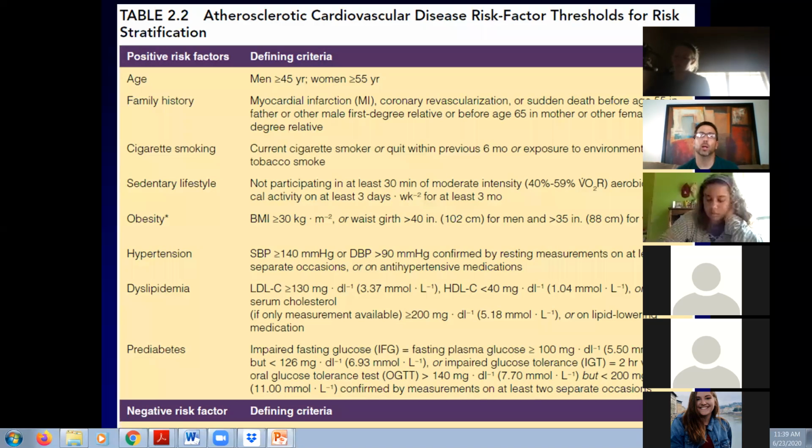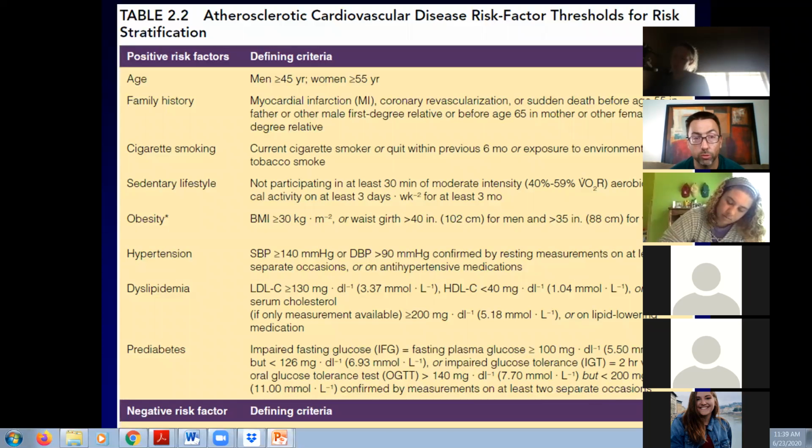Okay. Now, here's where things get a little tricky though. All right. Because I've not told you guys yet what the cutoff point is, how many risk factors you get to have before you're going to be considered a moderate risk person rather than a low risk person. And so this is where things get tricky with how we deal with unknown information. Okay. So if you have 2 or more risk factors, 2 or more out of our 7, then you're considered moderate risk.